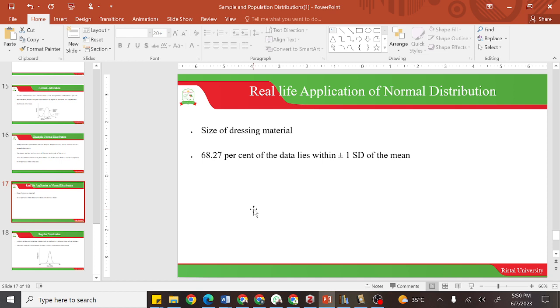Most of them you buy medium, but you also have a few of a larger size and a few of a smaller size. When you do that, you have incorporated the concept of standard deviation